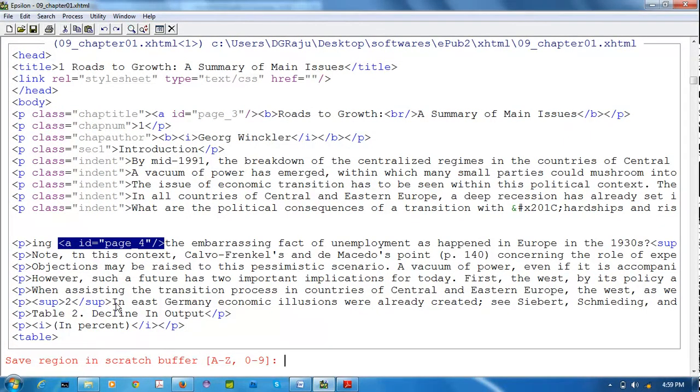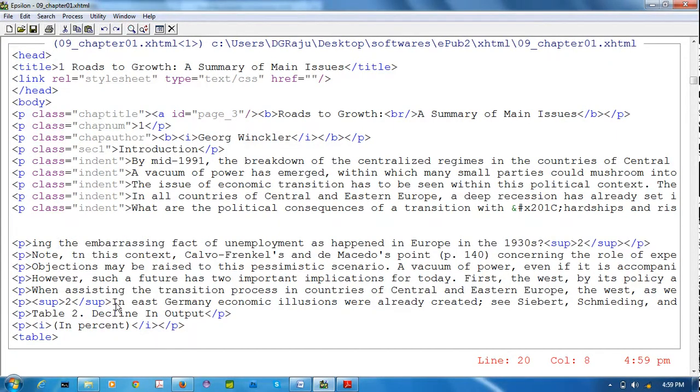Okay, that is saved. Now I am selecting 1. Suppose I am deleting this. Now I want to retrieve that code. For retrieving, Control X, Y, it is asking restore from scratch. Before that it asked about saving to the scratch buffer.